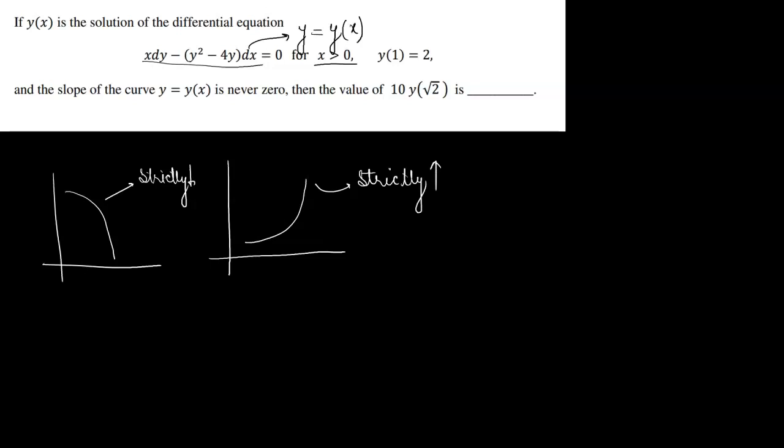Since we can see that here the derivative of y with respect to x will always be negative, and here the derivative of y with respect to x will always be positive. So this is strictly increasing and this is strictly decreasing. So we can see that at any instant the derivative is not 0. Also here it is not 0, here it is also not 0, and we have to find the value of 10y(root 2). Okay,